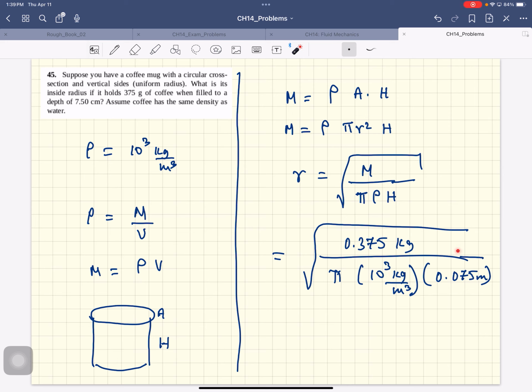Square root of that will be 10 to the minus 2. And the reason I'm doing 10 to the minus 2 is that's the meter to centimeter conversion. Okay. So this will be equal to, or I can do 3.75 and 10 to the power 4. Okay. 3.75 pi